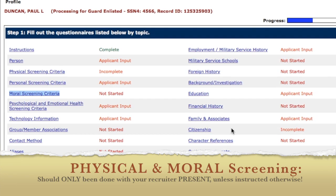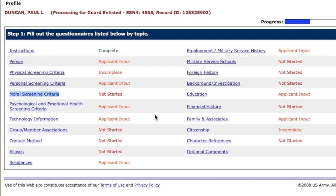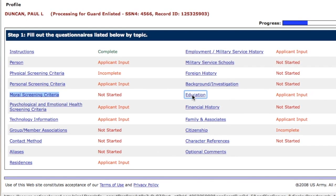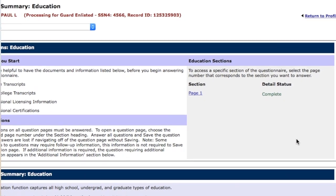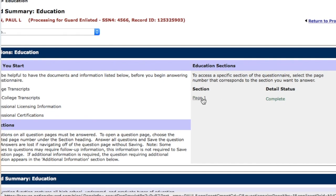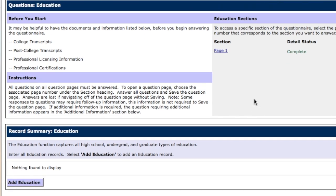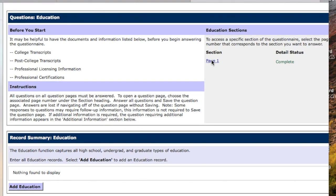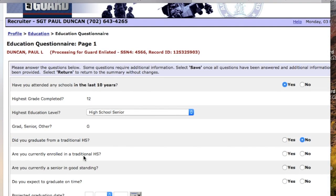Now, we're gonna jump around this a little bit to make sure that we cover the sections that are the most common mistakes. So the first section that I want to make sure that you do correctly is going to be education. Now, I know this already says complete on my screen because I already did this before, but just bear with me here. So you're going to click page 1 and you're going to answer all the questions. Once you answer all of those questions, it's very important. You're going to answer all these questions correctly, and once you're done with that, you're going to click save, and then it's going to take you back to